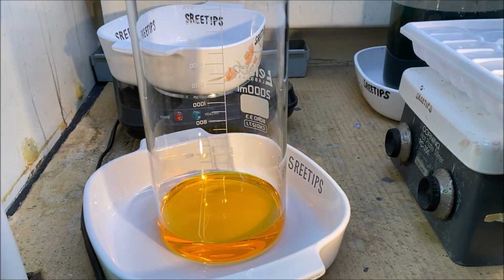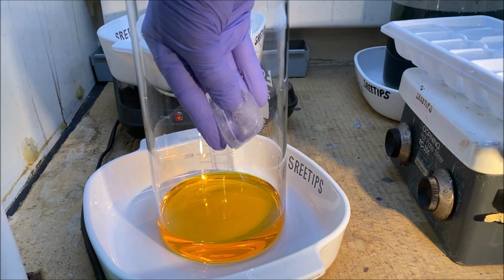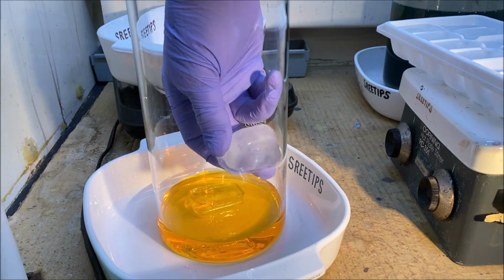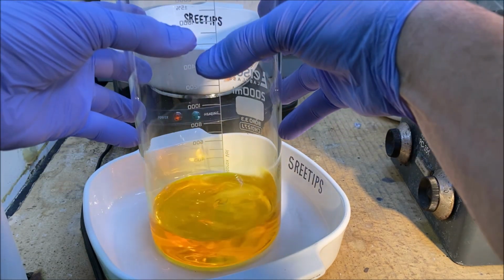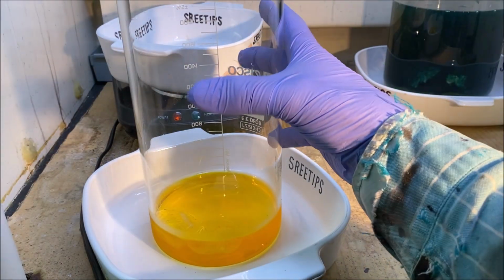I've allowed this to cool completely, but I'm adding a couple of ice cubes here to help dilute it and cool it down even further, and to precipitate out any silver chloride that might be present. Shouldn't be any of that in here. This is the second refining. While I'm waiting for this to cool off,